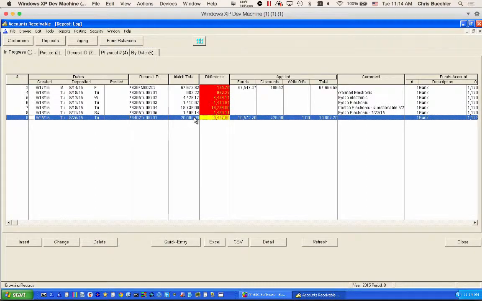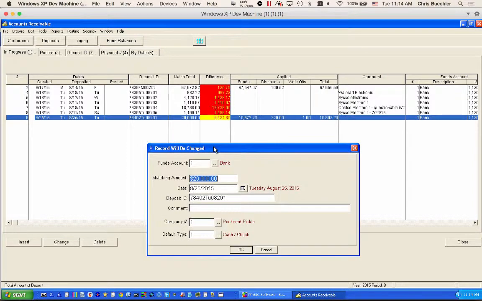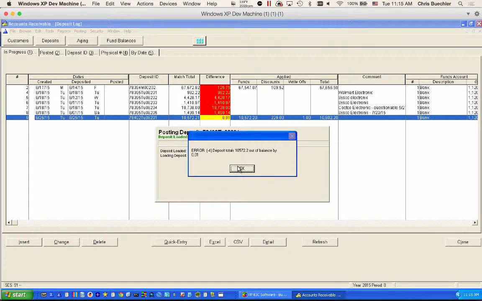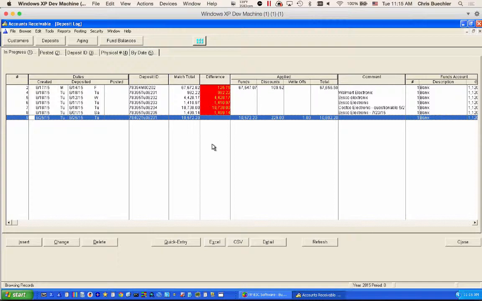If everything does look good and you just added wrong to begin with, you can double click on this and change your deposit to $10,572.20. Let me do .21 and try and post. If I do Control T to post this deposit, it won't let me post it because it's out of balance. So I'll change it back to 20. And the first thing Chuck